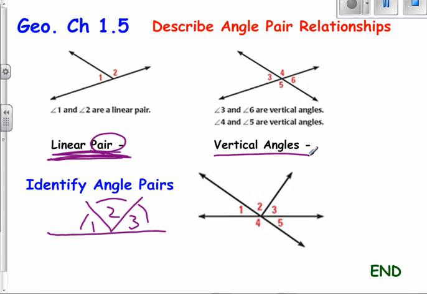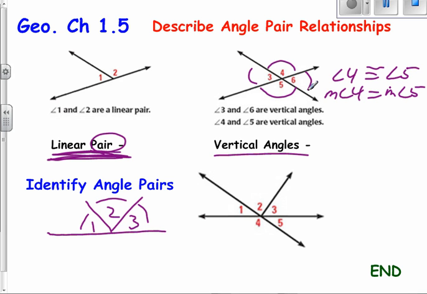Vertical angles are created by two rays, two line segments, two lines, where opposite sides are congruent to each other. So angle 4 is congruent to angle 5. Another way to say that is the measure of angle 4 is equal to the measure of angle 5. Okay, and then 3 and 6 are also called vertical angles. All right, so now if I want to look at identifying angle pairs,